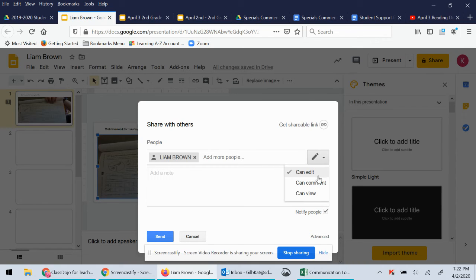This should be on so he can edit, because you want him to be able to edit. You don't want him only to be able to view. So do make sure that it's on edit. You can tell that it's on view if it switches to an I. If you see an I right here, it means they can't make any edits, which means they can't take pictures